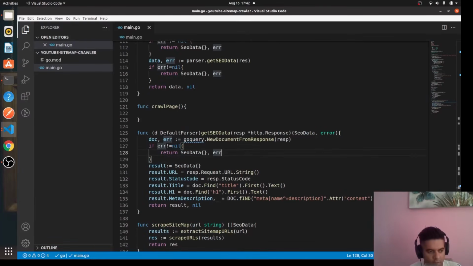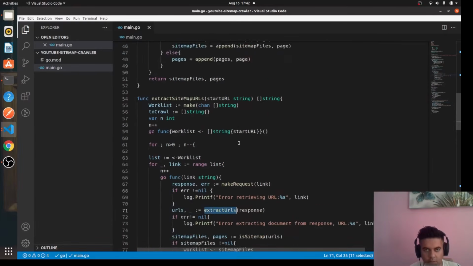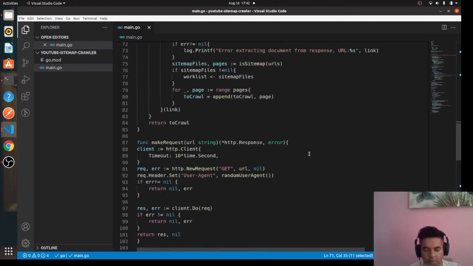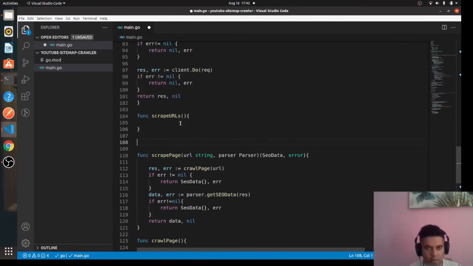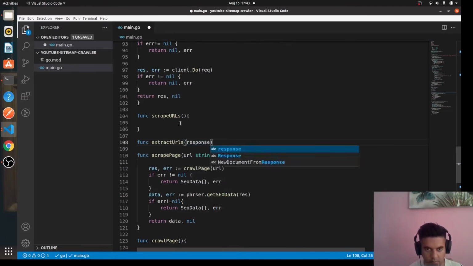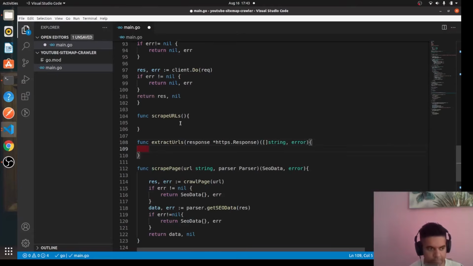Now what we'll do is we'll work on our extract URL function. As you can see, we call this function extract URLs in our extract sitemap URLs function, and we have not started working on that function. So we'll come here and say func extract URLs. It takes response, which is a pointer to response, returns a slice of strings and an error, and